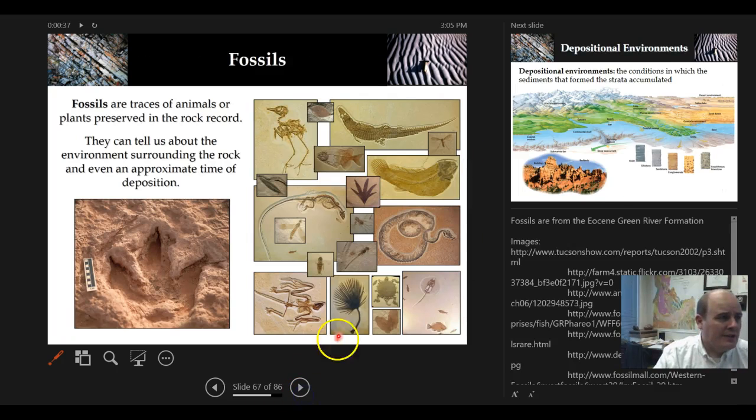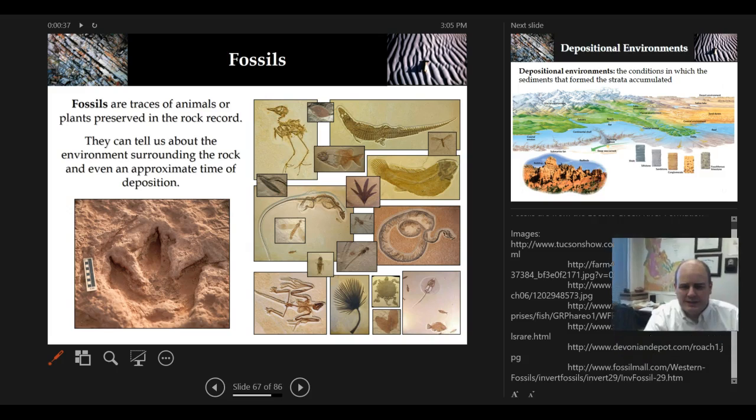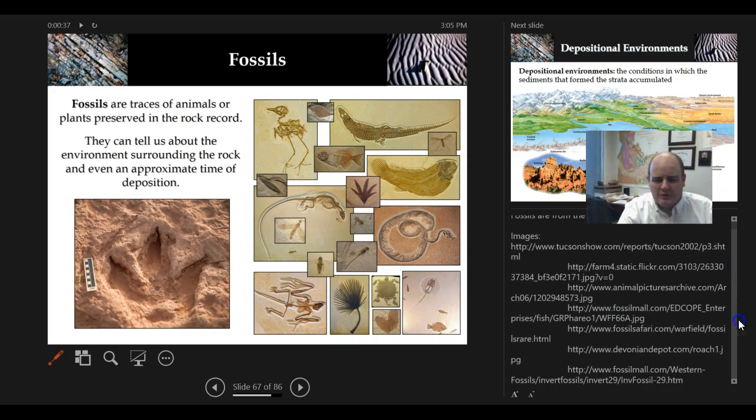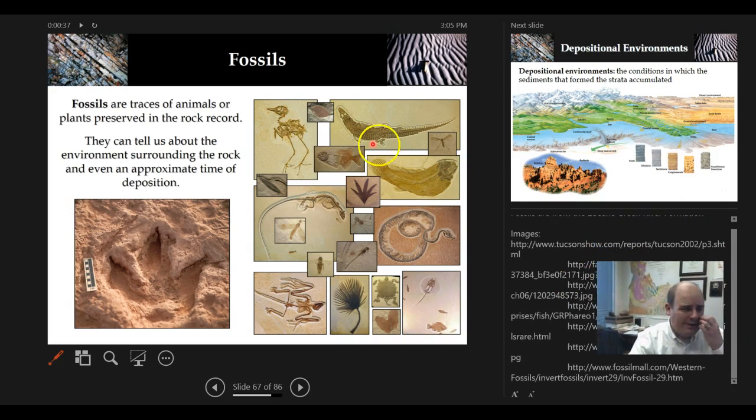Now, fossils can also tell us a lot about an environment. Okay, so for example, this has lots of different fossils in it, and this kind of shows you where all those fossils came from. But what's cool about this is all these fossils here all came from one place, and it came from a place called Green River, Wyoming. And if you look at this, there's lots of different fossils in here. We have alligators, mosquitoes, birds, bats, palm fronds, turtles, stingrays, snakes, and lots of other different animals